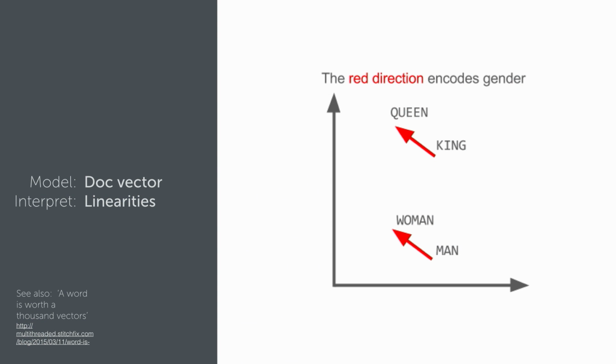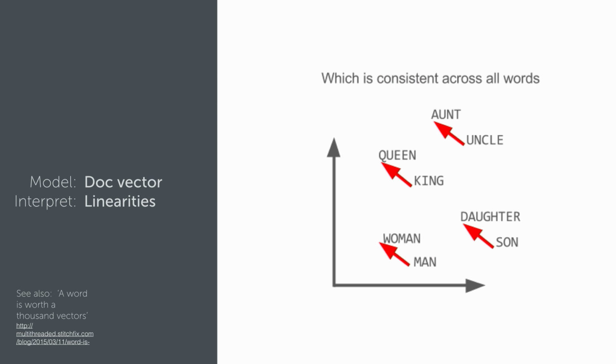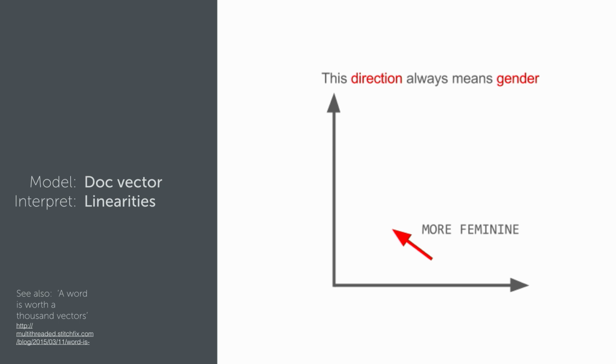But at the end of the day, what I really want is, how do I actually read these tea leaves? Are they actually real? Now, we get hints that these directions do exist outside of t-SNE, right? So if we go back to word vectors, this is obviously the very famous relationship between man and woman being the same thing as the difference between king and queen. Same consistent relationship across aunt and uncle and daughter and son. And this is when we talk about linear regularity, this is what we're referring to, that direction always means it's like the more feminine axis.